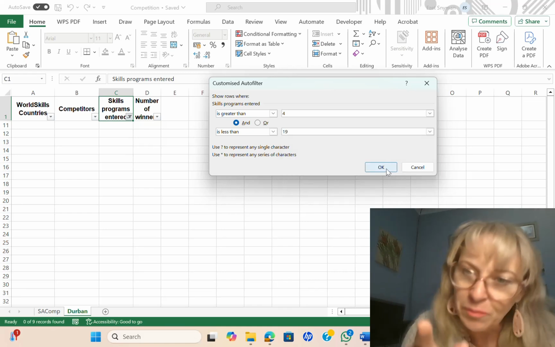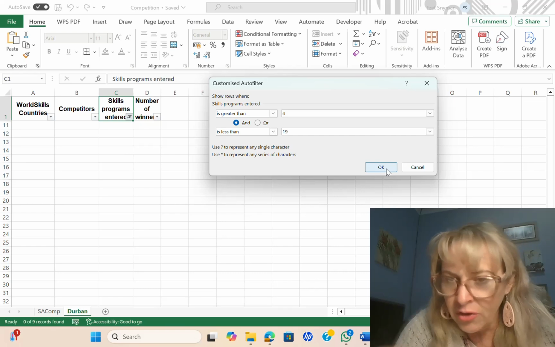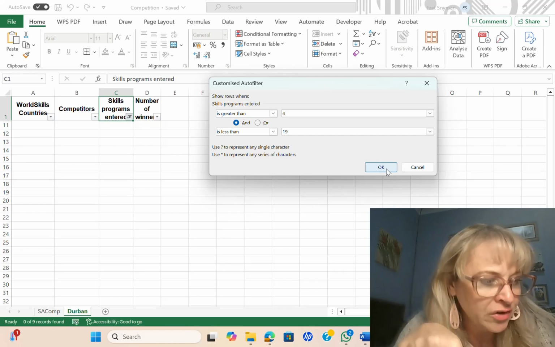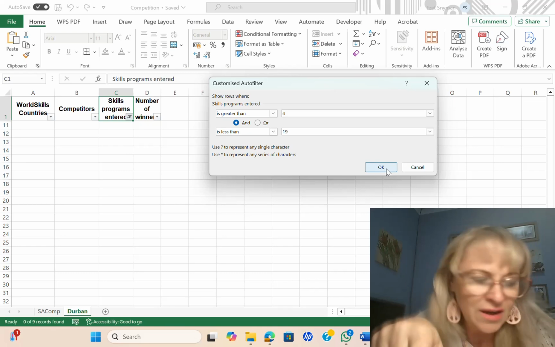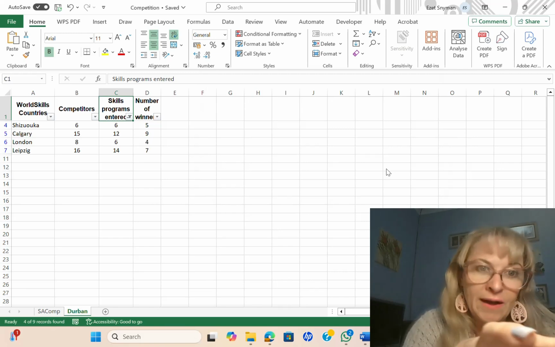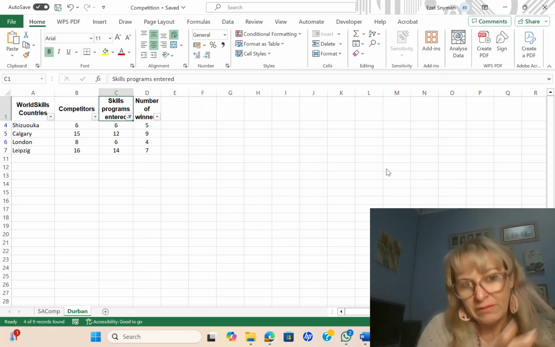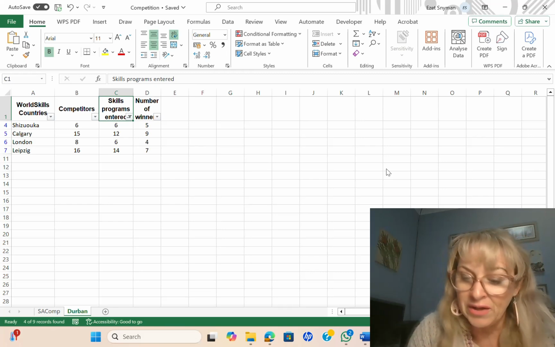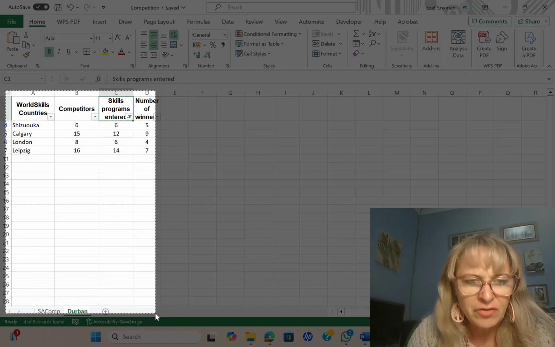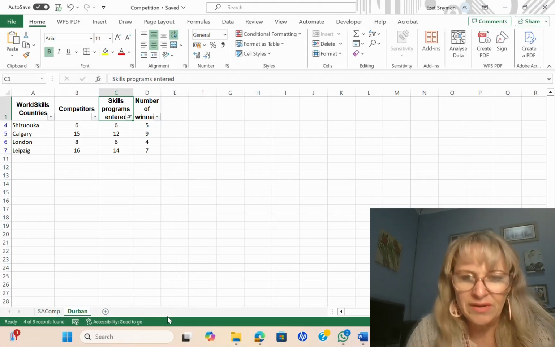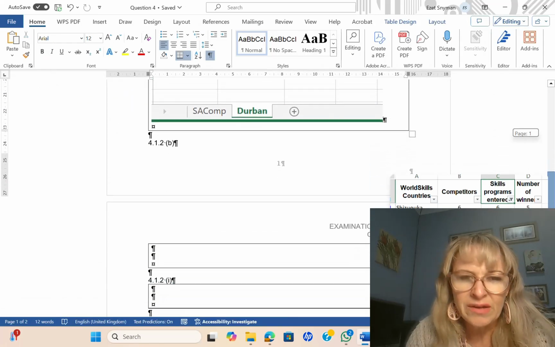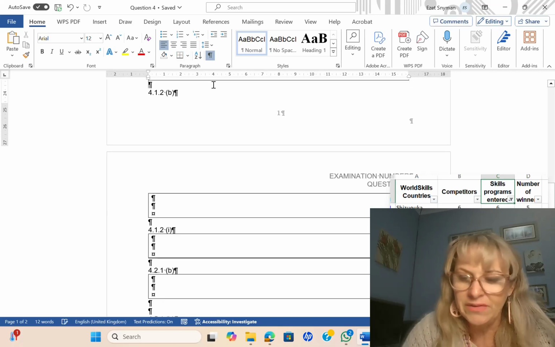And then just check before you click on OK, where do they want you to take the screenshot, on this question or the next question. So if you look at B, they say create a print screen of the Durban. So you can click on OK, and the filtering results appear. Now they want you to make a print screen of this. Again, make sure that you get the Durban tab at the bottom, and then on your Word document, we're going to select it there in B. Paste it in B.